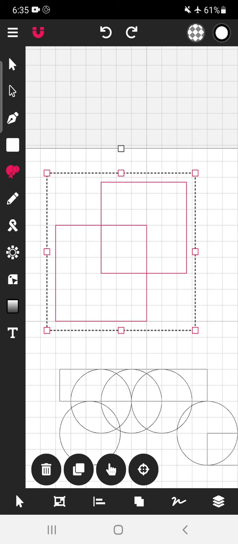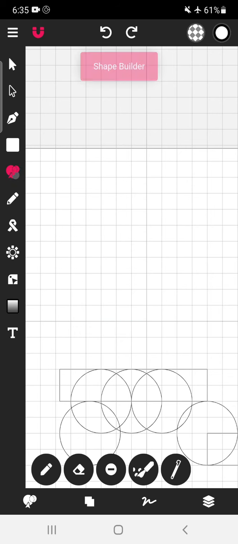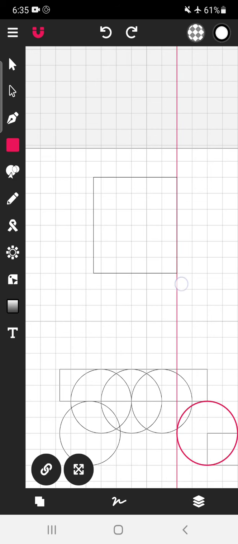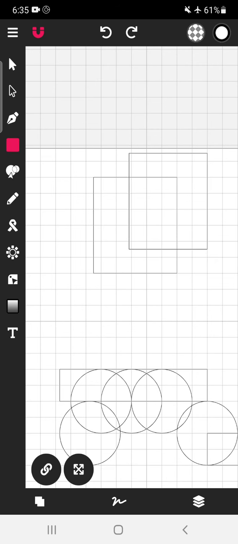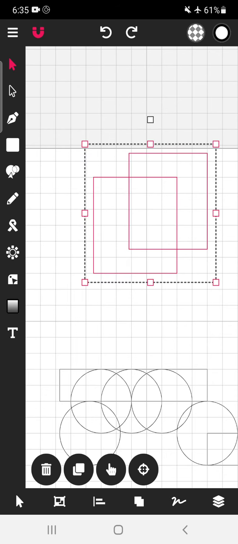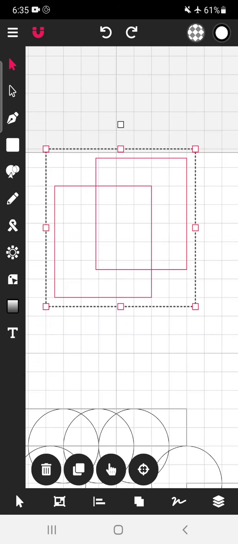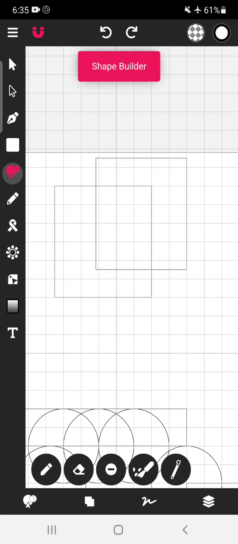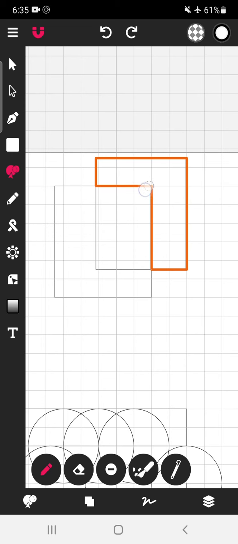Select, wait, we will start it again. We have selected these two shapes, shape builder tool, line mode, this much area we want.